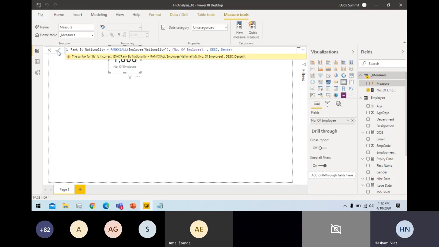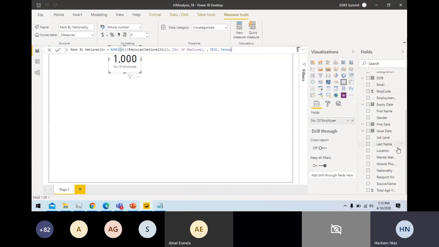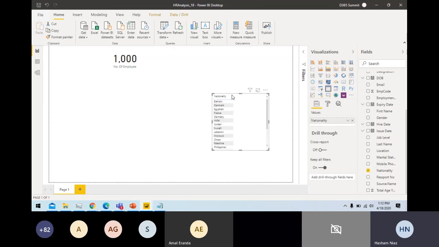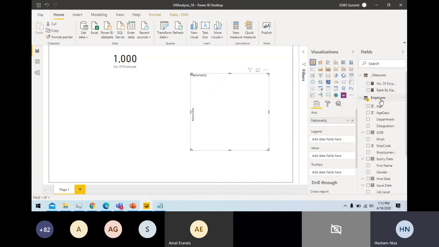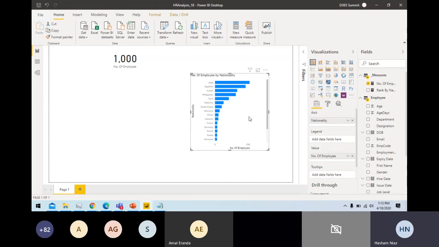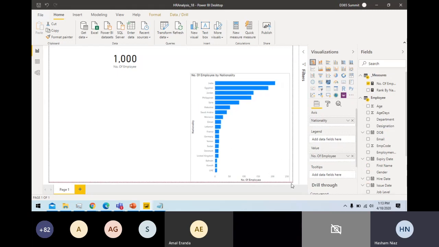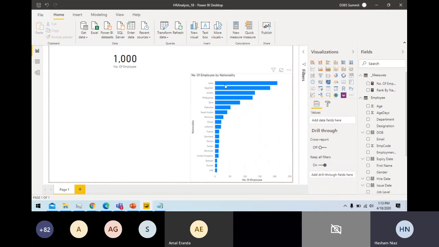So let's click this one for now and try to place this in a chart. I have the nationality field here in my table. Now let's plot this one in the bar chart. I plot it by this, and then I want the number of employees to be in the value field. So now this is showing a bar chart. Okay, so I have created this bar chart, but this is showing too many things.